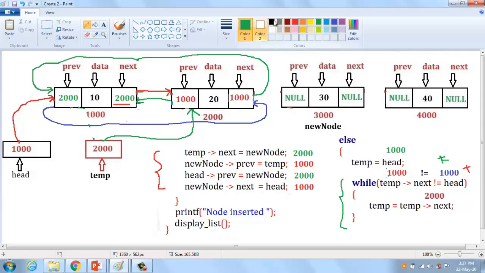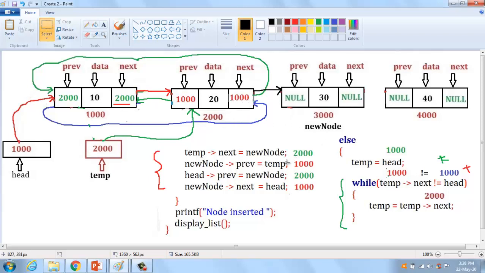Here we are going to create a link from this node to this node. How can I create the link? This node points to the third node's address, that is 3000. 3000 means the temporary pointer, that is temp of next equal to new node.